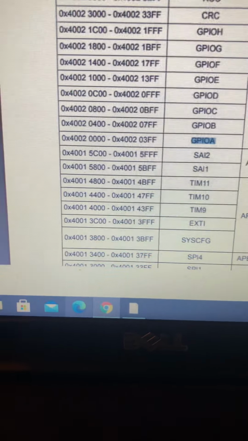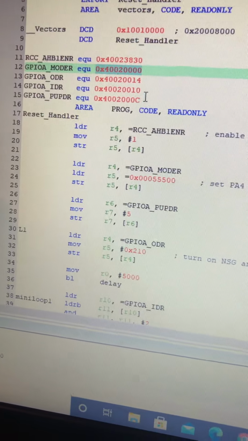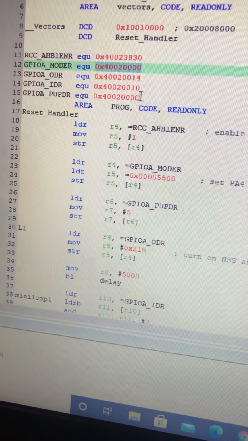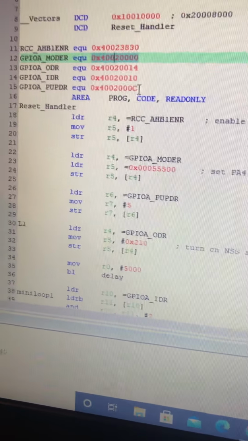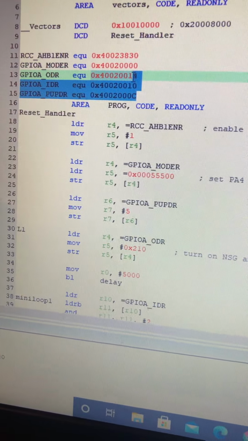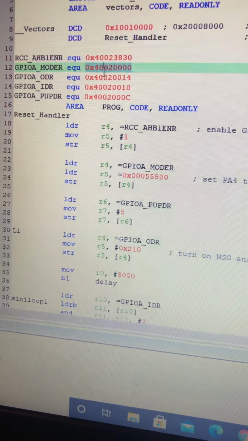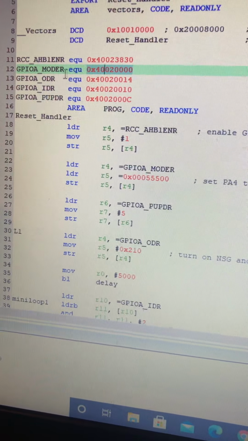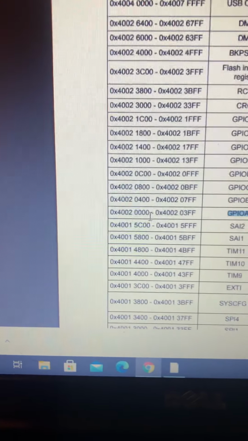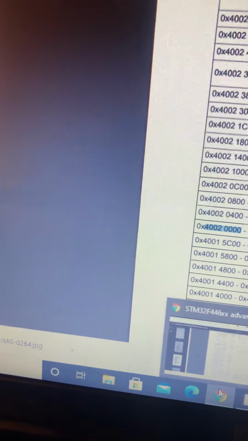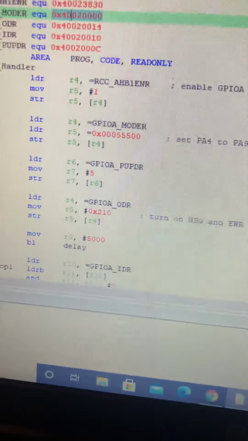Now, when we're looking at this code, all of my inputs, outputs, and pull-up resistors that are going to be in my GPIOA register are going to be within that range of values. We're using the lowest, the first number here, that number 4002. That's going to be our mode because that's the first number of that register, and then the rest of it